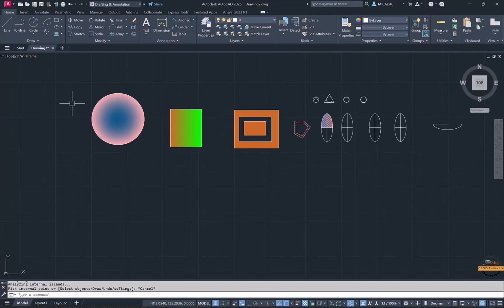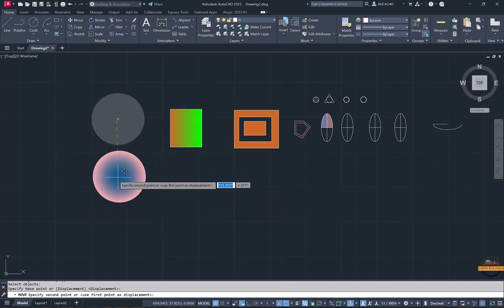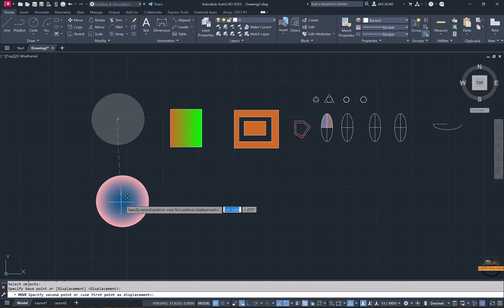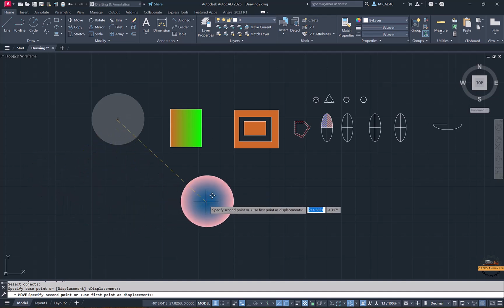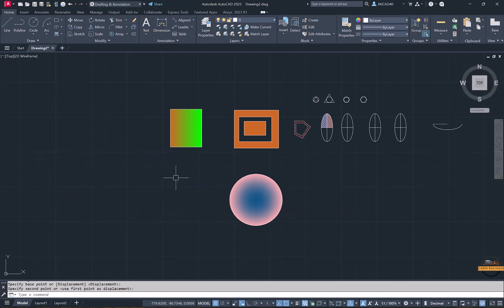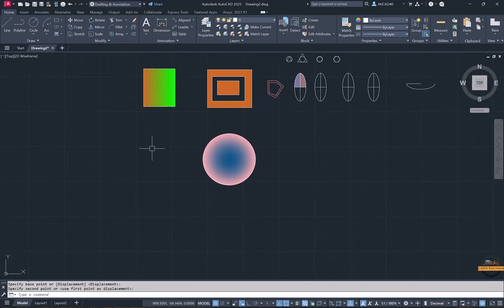Okay, now we'll see how to use the modify toolbar options. If you want to move an object from its location, go to the move option and select the object, enter, and you can pick a point on the object and move it with the mouse. If ortho mode is off, you can place it anywhere, wherever you like. Or if you want to move in a particular direction, horizontal or vertical only, you can go to move and